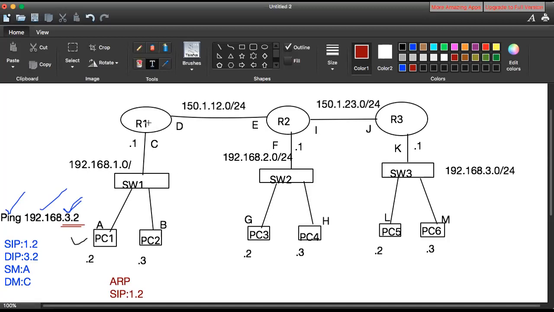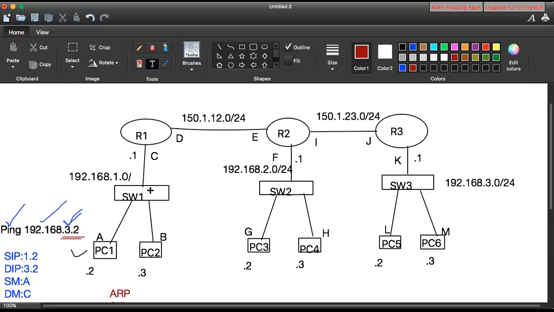So finally, when R1 receives that ARP request, just remember, guys, I'm basically stretching this topic, but it would definitely be useful for you. When PC1 sends the broadcast, switch 1 is going to send a broadcast to all connected ports,